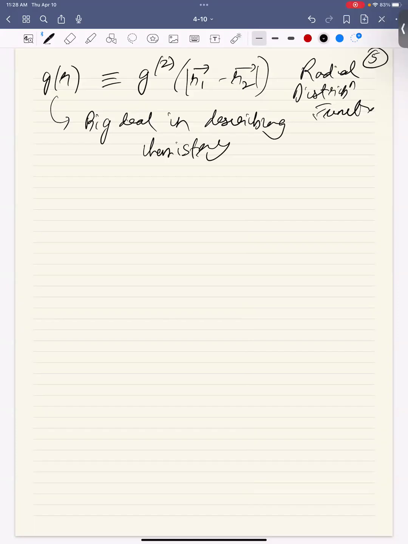Okay. So the claim is, while G of R sounds sort of abstract, right? If I asked you to define G of R, you will be like, well, let's start with P, blah, blah, blah. You'll be lost, right? It's hard to say what G of R is. Turns out, if you multiply G of R with rho, the density, that has a simple physical significance. Rho G of R,